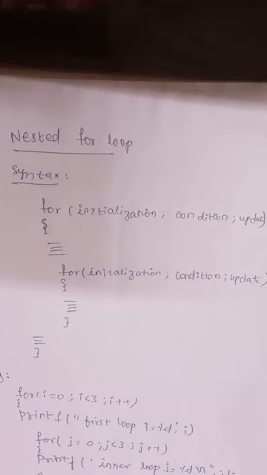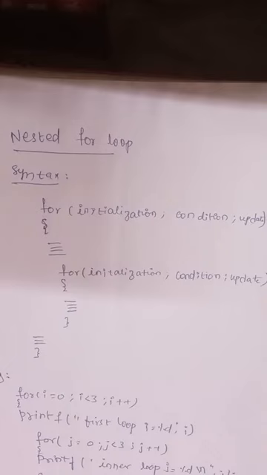Today we are going to discuss the nested for loop. Normally, what is meant by a for loop? A for loop is nothing but an iterative loop. That means whatever statements we write under the loop will be executed until some condition is satisfied. Right? We already discussed the for loop, while loop, do while loop and the programs of those.